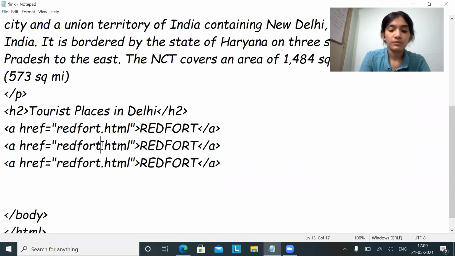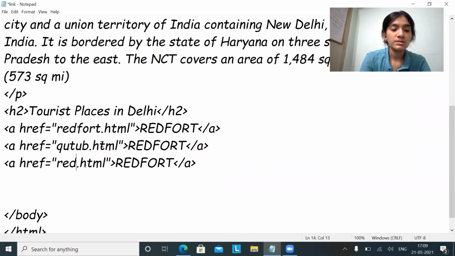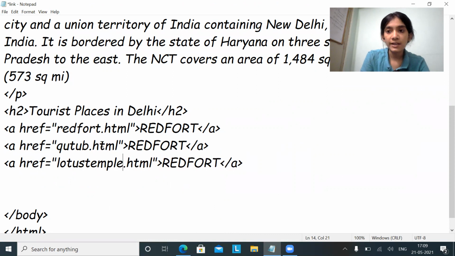So one is Red Fort. One more is, let's say, Qutub Minar, so qutub.html. And one more is Lotus Temple. Okay. Remember the file names, because you need to save with the same file names. So I'll just change the names.